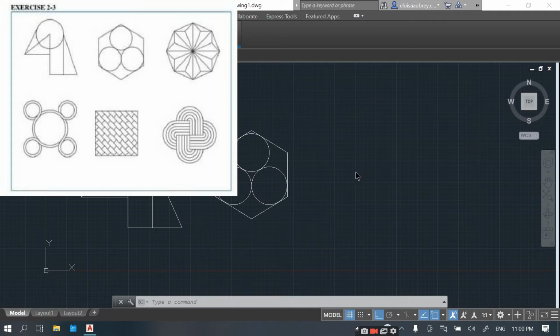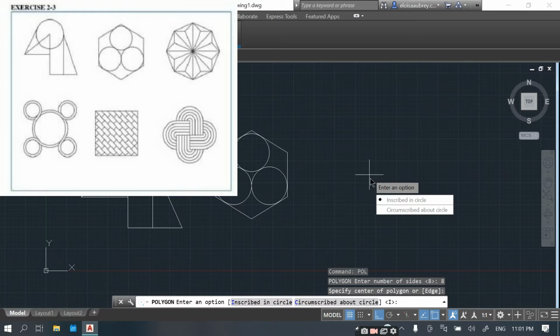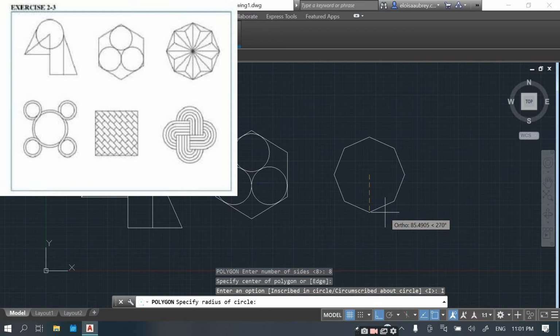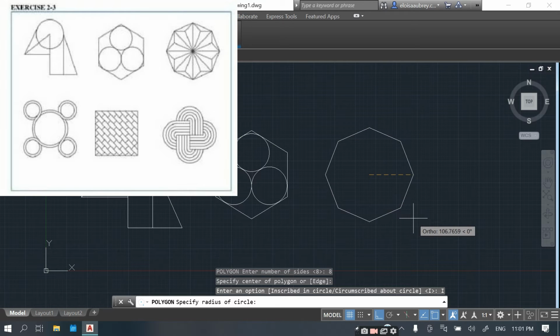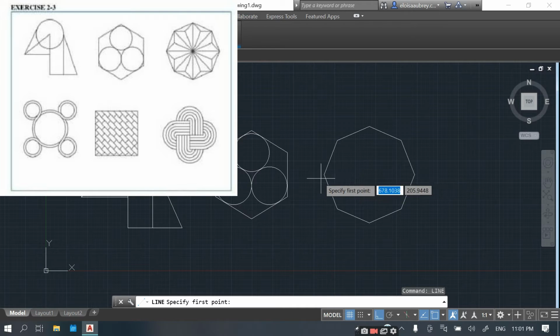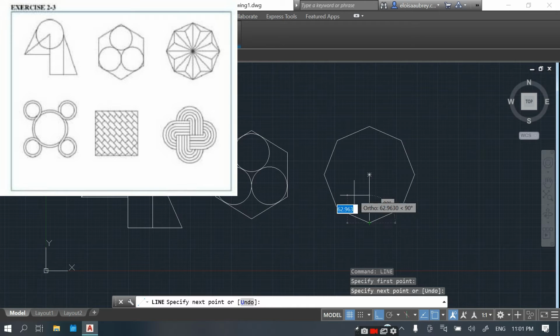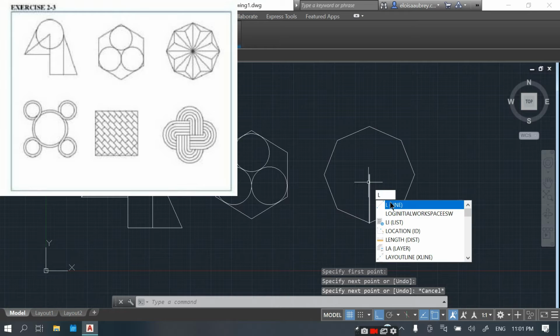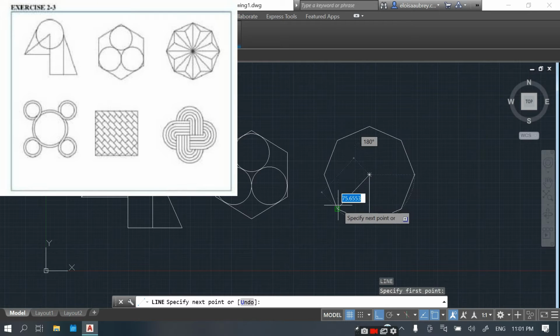So at this point, we are in the third. So the first thing that we will do again is to make a polygon that consists of 8 sides. I'm gonna click anywhere to inscribe a circle, and again, a quite 110, I guess. So the second thing that I will do is just type line. I will find the center of this polygon, and I'll make a horizontal downward, and again from the center to here,